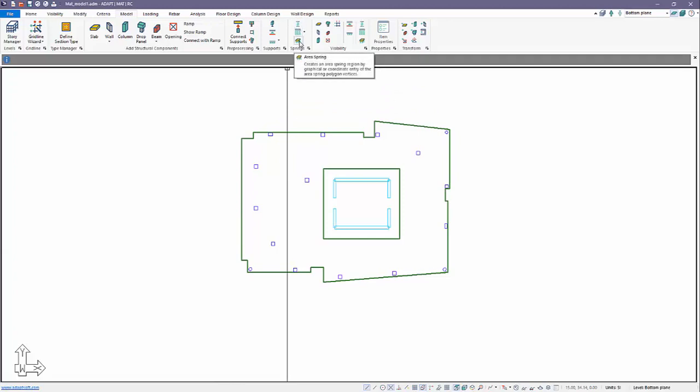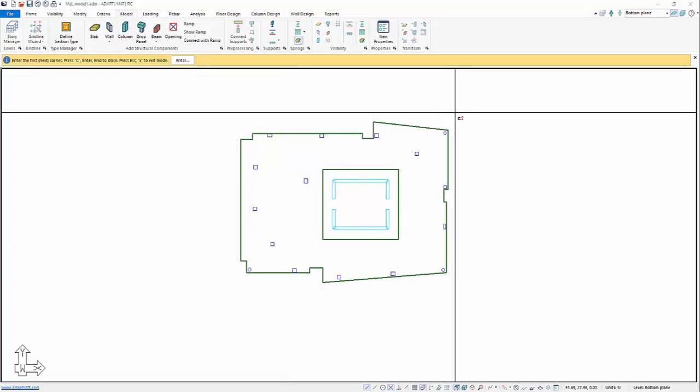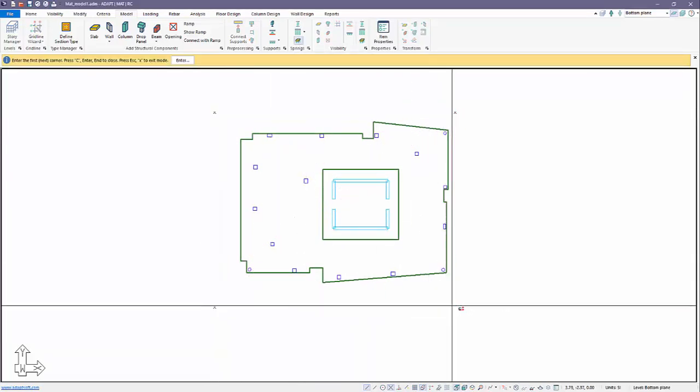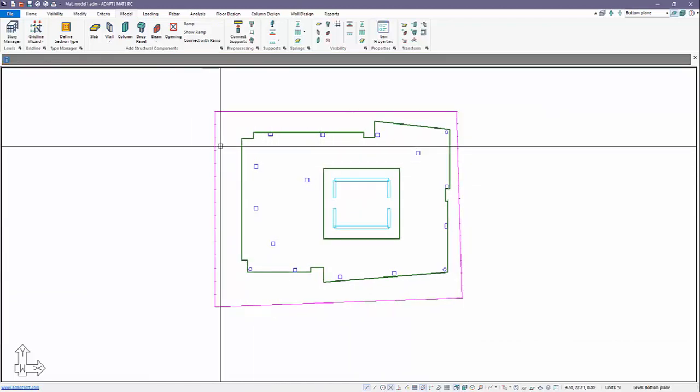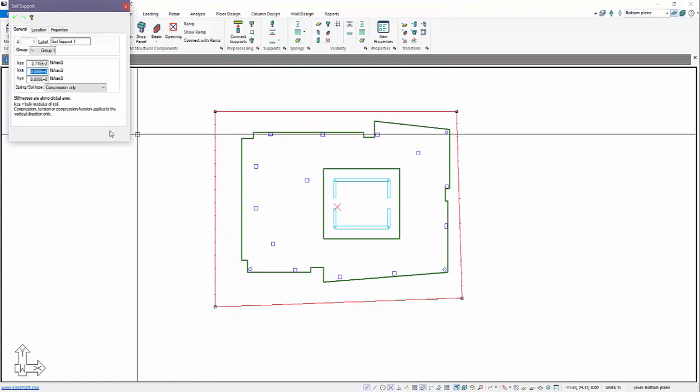In this case, we're going to use an area spring, and I can just create a box basically encompassing this entire model. Now I'm going to double click on that spring and I can assign values for my subgrade modulus in the Z, X, and Y directions. For this example, we're only going to have vertical gravity loads, so really we only need a non-zero positive value for KZA. We'll just leave the rest as is, the default. We're going to set this to a compression only spring.